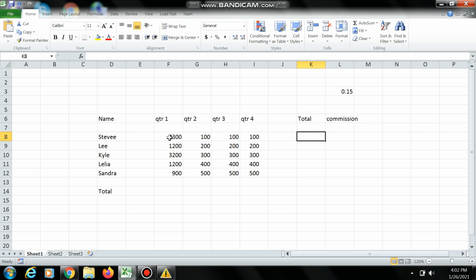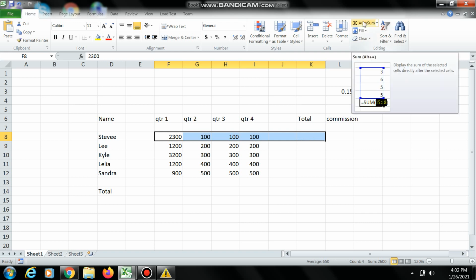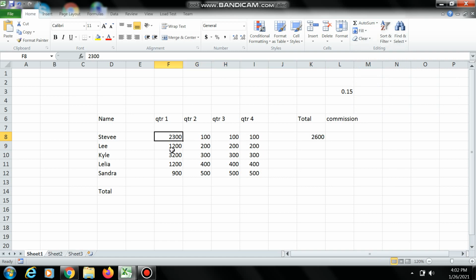If I want to do a sum, I can normally do things like select what I want to sum, go to where I want to put it in the selections, and then AutoSum. I can do the same thing here, AutoSum, and I can see that's what the formula looks like. Now there's automatic ones for that,